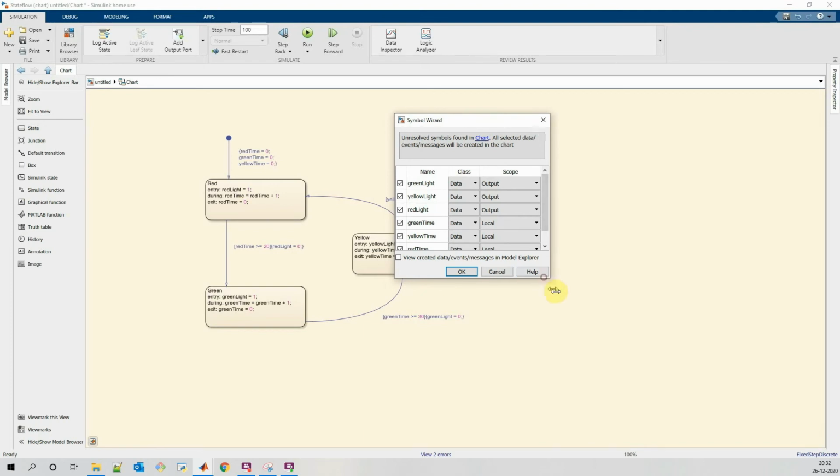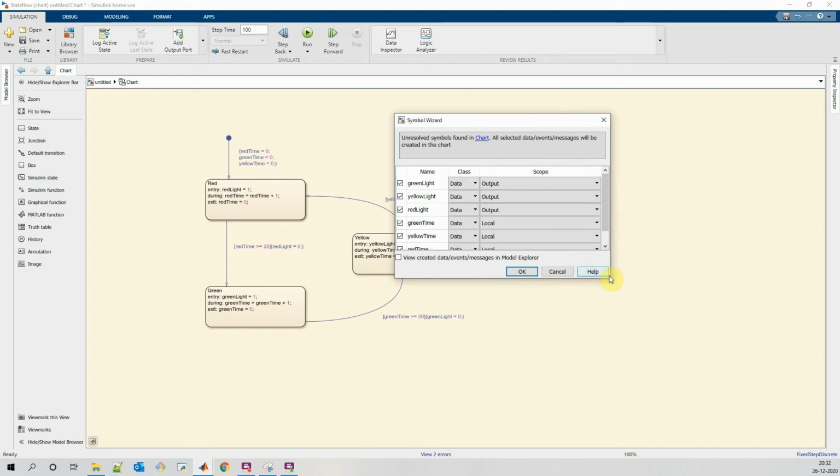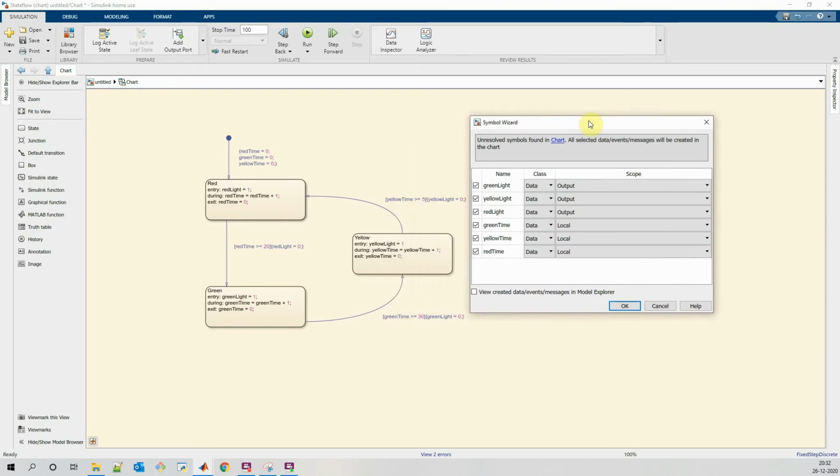So when we hit Ctrl D, the symbol wizard will open up, which will ask us to define our inputs and outputs. So we want green light, yellow light and red light to be output from our model, and green time, yellow time and red time, these would be treated as local. We can change these to output as well, but